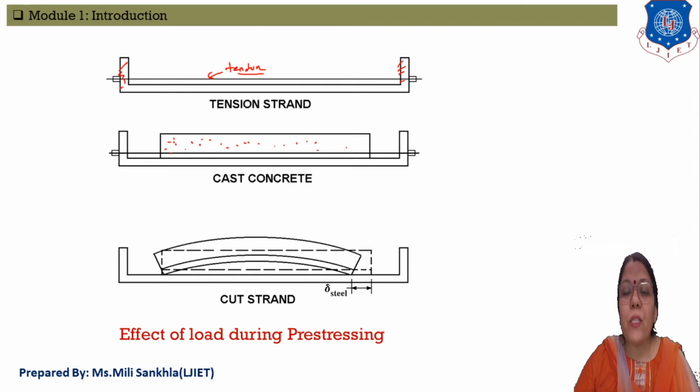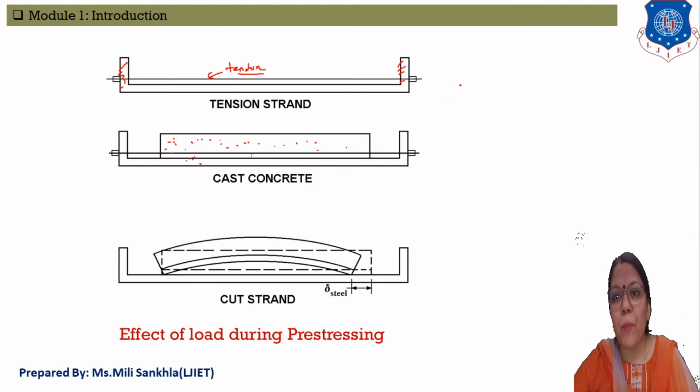What happened at that time? The concrete is also in hardening condition. But this concrete prevents the shortening of the steel, as a counterbalance. Here the steel is decreasing in length and the concrete is in hardening position. The concrete provides a pre-compression force on the steel. Ultimately the steel provides tensile force and the concrete provides compressive force, and these two forces are counterbalanced.